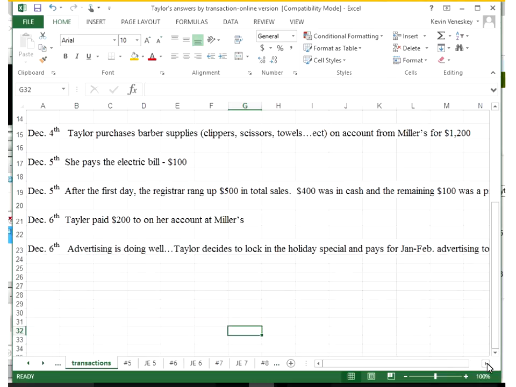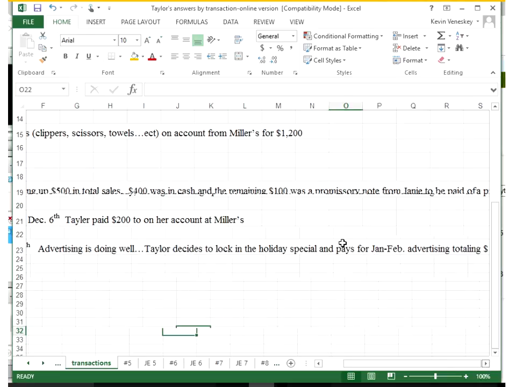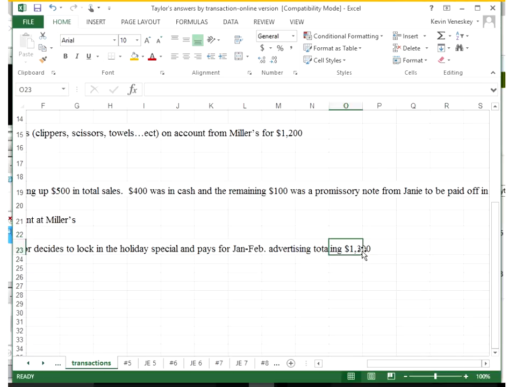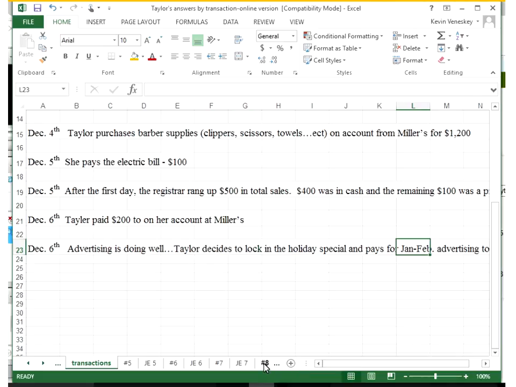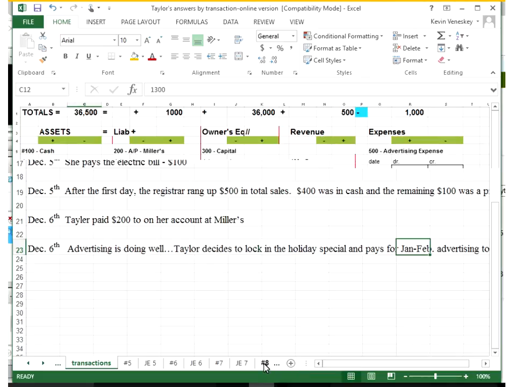So the owner, Taylor, decides to take advantage of a holiday special and get 2 months of future advertising for $1,300. Now, it'd be pretty easy to think, ooh, this one's advertising expense like we had before. But the key is I'm paying for advertising that has yet to happen. And it's not going to happen this year at all, in 2016 or whatever current year we're in. This is future advertising for next year. I can't count it as an expense. I have to count it as